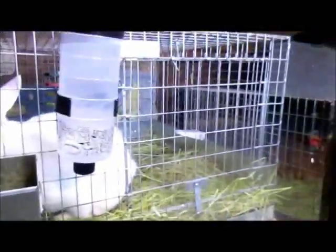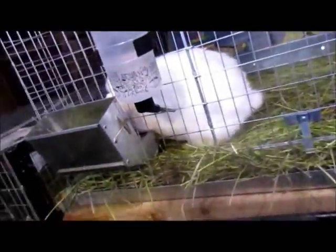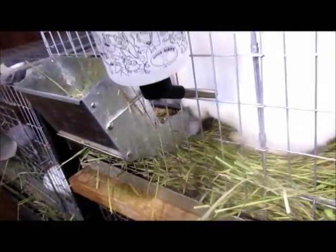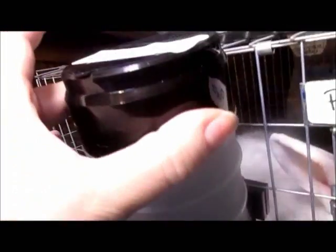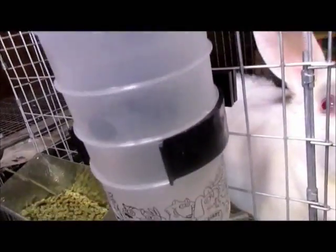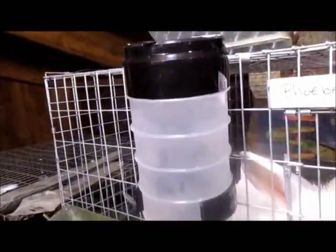I switched water bottles. Well, I'm starting to switch out water bottles. These ones fasten on like that. And then you don't actually have to take them off to fill them. You just pop the top open and you can put the water in that way. This part also just lifts off as well, and then you have access really well for cleaning out the bottle. And that is one of the reasons why